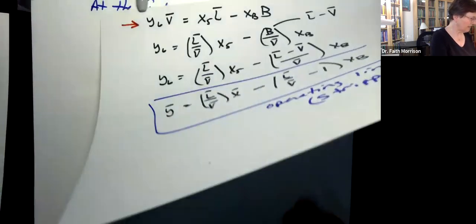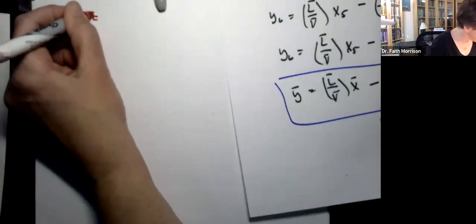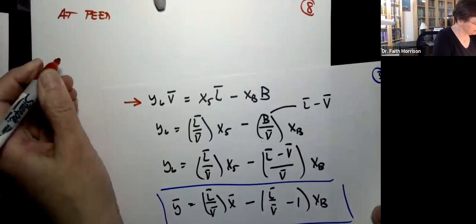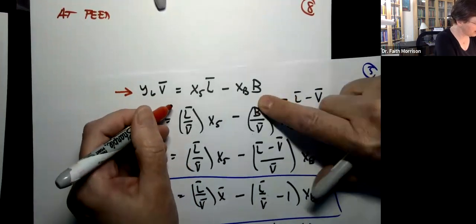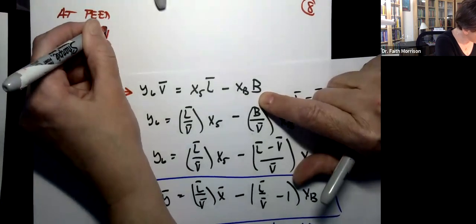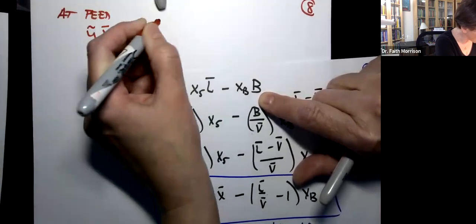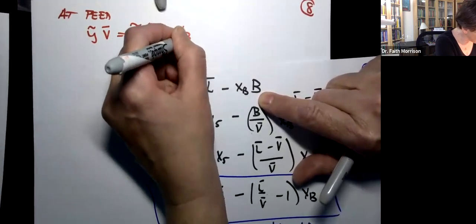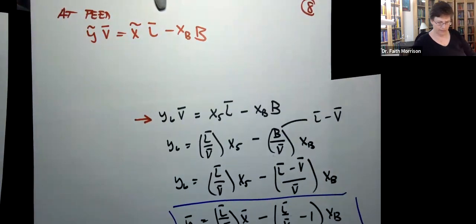So I'm just going to stop myself for a second here and redo this page 8 and say at the feed, I'm going to use the operating line for the stripping section before a little bit of algebra, this version. So this is going to be Y at the feed, V bar equals X at the feed, L bar minus XB. So that's for the bottoms. And then if I go back in through my algebra,